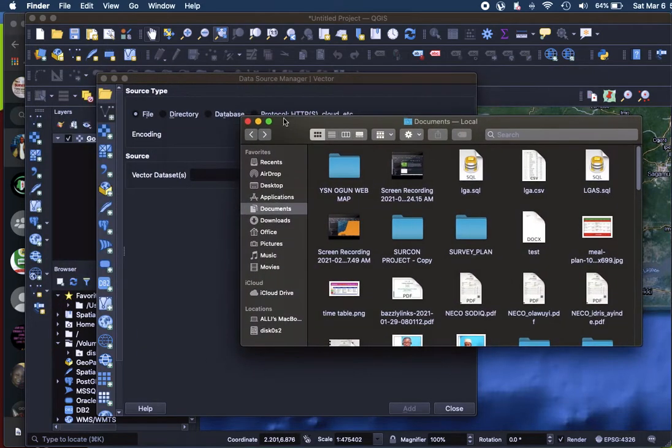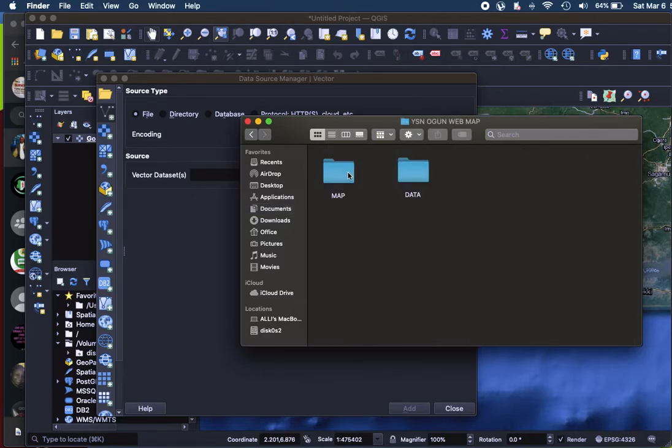So now it's advisable for you to create a folder when you are mapping. I have created a folder for this project. Inside your folder, I will advise, this is just advice, have a folder for your data sets, and have a folder for your mapping files. By doing this, when you are mapping, it will be very easy for you to identify your mapping project